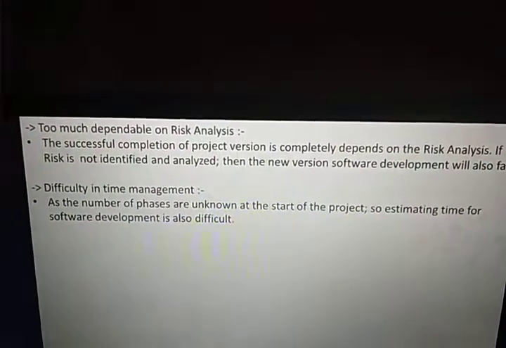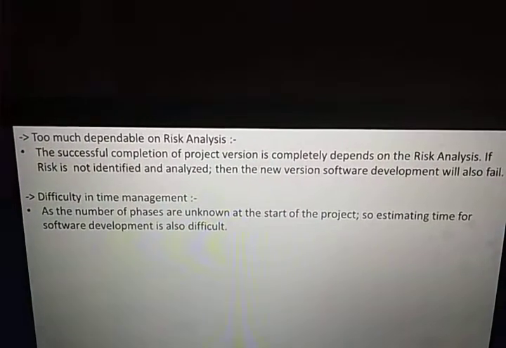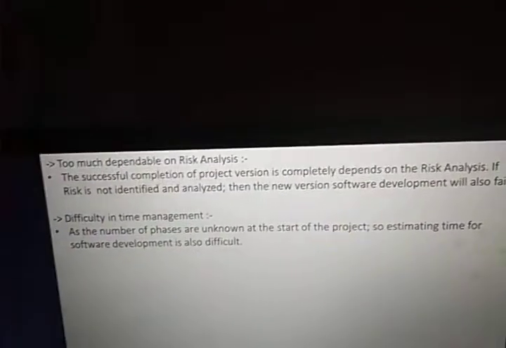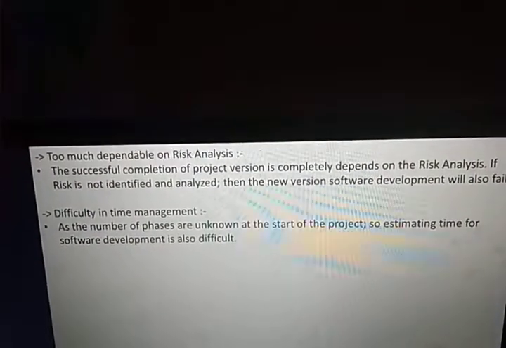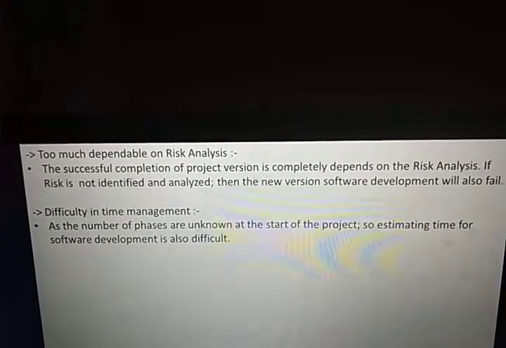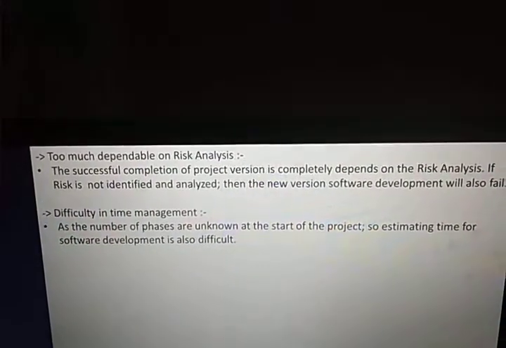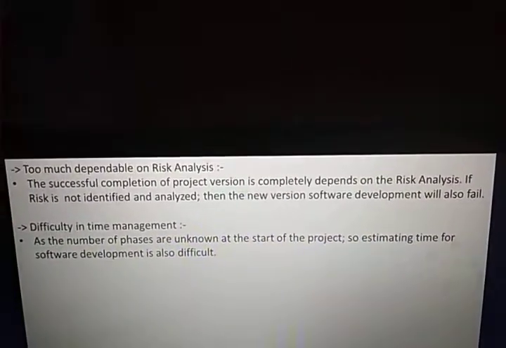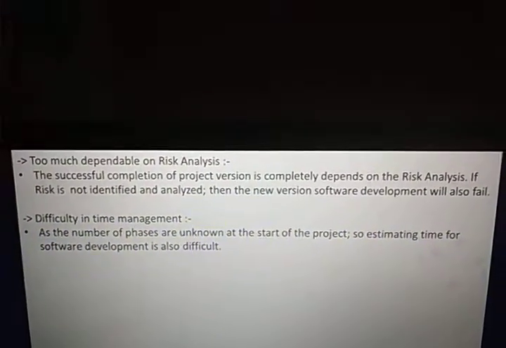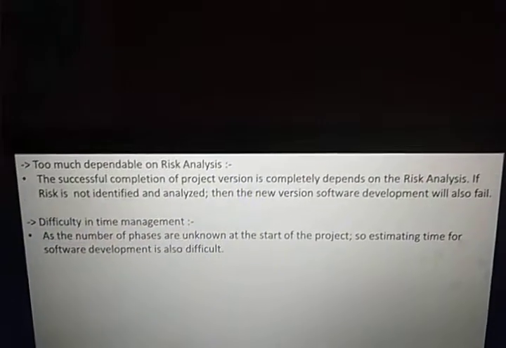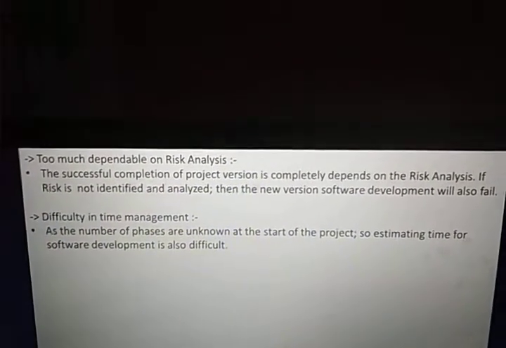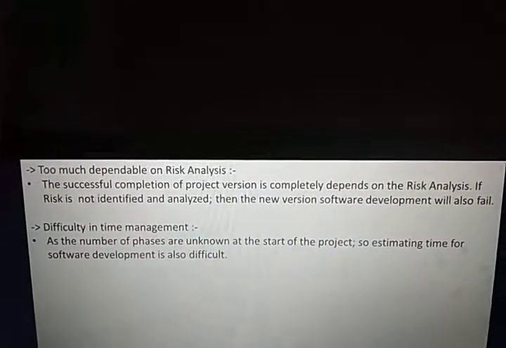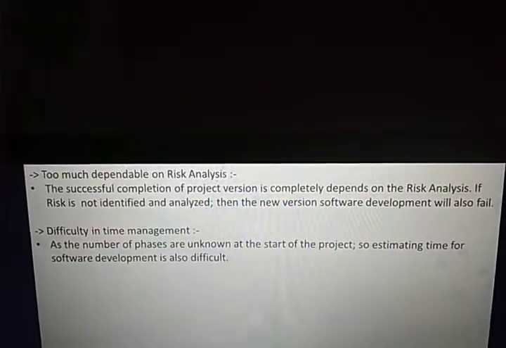The better we do the risk analysis of the new version, the better the software version provided to the customer will be. If a risk is not identified and analyzed, suppose we are missing some risk, then the new version of software development will also fail. The new version we are developing, without analyzing the risk involved after upgrading some features of the software, will again fail the process.